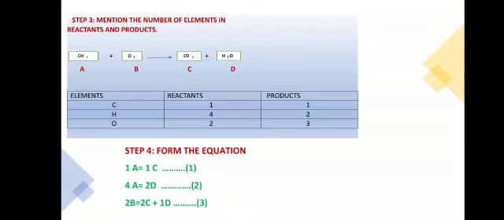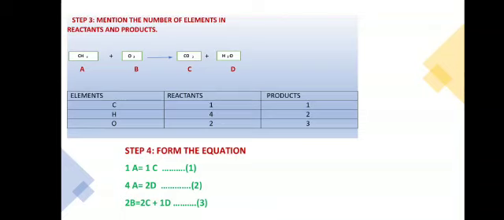So here carbon in the reactant side how many are there? 1. In the product side we can see that also 1. Hydrogen in the reactant side 4 are there. In the product side we can see 2 only there. Oxygen in the reactant side 2 are there, but in the product side you can see 3. 1 with the H2O, 2 with the CO2. So like that 3 are there.